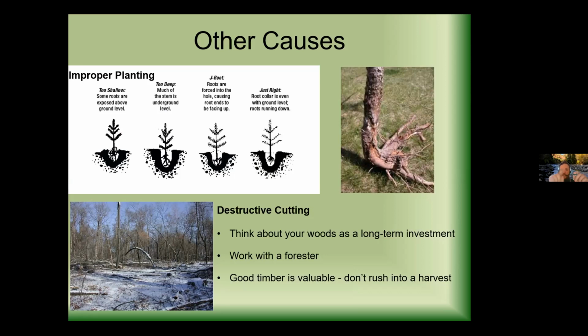So that long taproot gets bent at the bottom because the hole's not deep enough. Now instead of going down like it should, it can't do what it's supposed to do, and it kills the little plant. And then down here on the bottom, kind of a holdover from the last one,